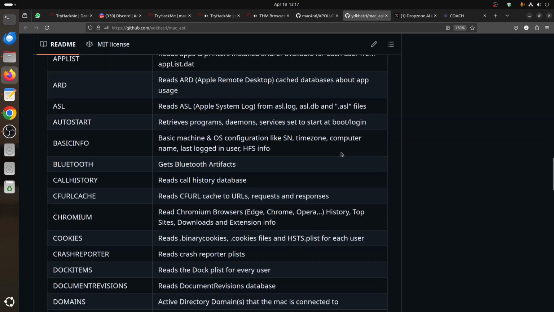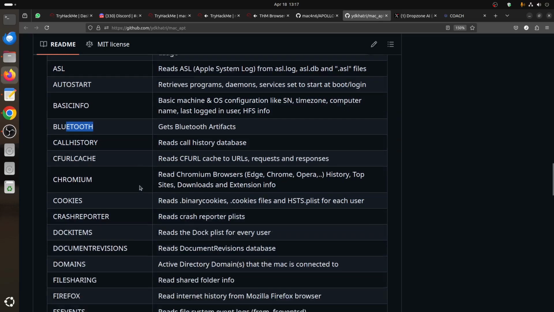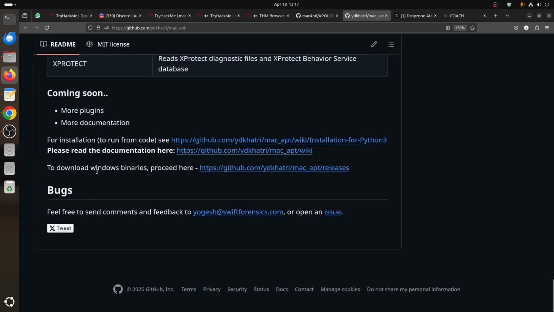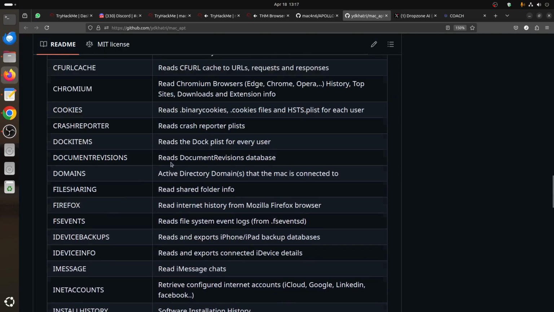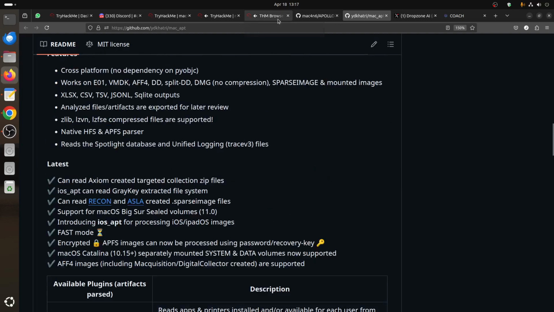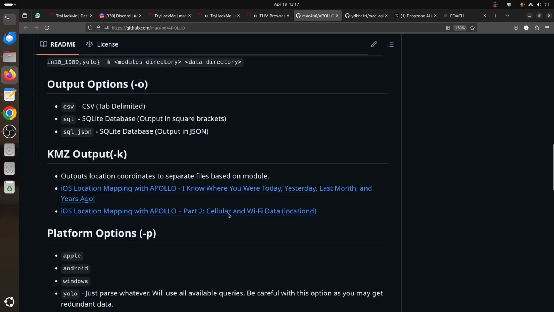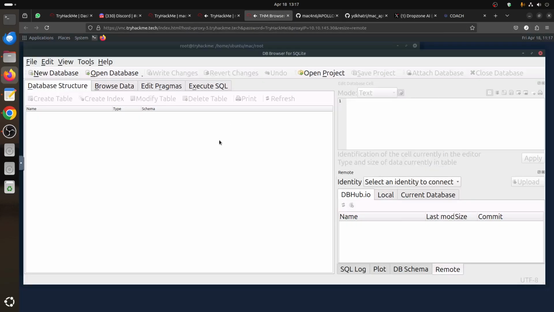You can solve most of the questions. For example, the ASL log. You have the Bluetooth. Even, for example, if you scroll down, you have the user. You have the Wi-Fi. You can answer all the questions just with it. And Apollo also is a nice tool. It's a bit old, but let's start with the Mac apt because I want to show you something nice in the